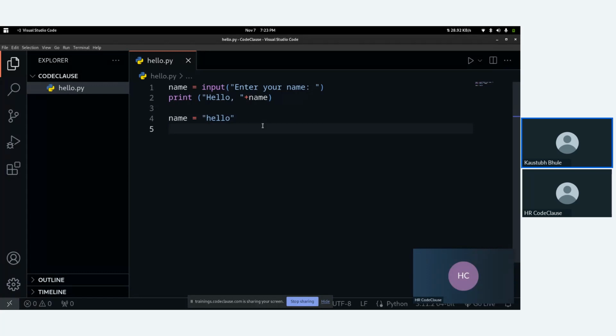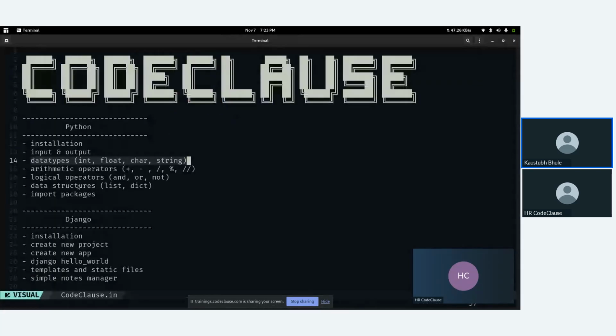But what if you did, let's say, v1 equals to single quote, inside the single quote c? Python will detect, yeah, it's a character. If you did v2 equals to 1, then Python will detect that, yeah, it's an integer. So these are the basic data types, which are int, character, float, and string. Then talking about arithmetic operations,